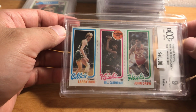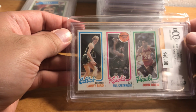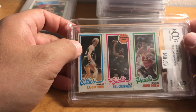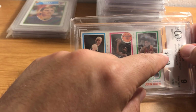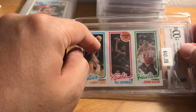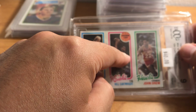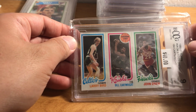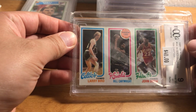hockey cards unopened. This is a 1980-81 three-panel card of Larry Bird. Some of you may be familiar with a sort of related card, which is a three-panel card that has Larry Bird, Julius Erving, like All-Star, and Magic Johnson, and that's considered to be the primary rookie card of both Larry Bird and Magic Johnson. So they're on the same card,